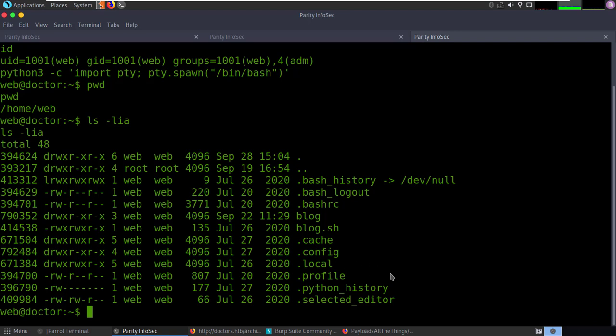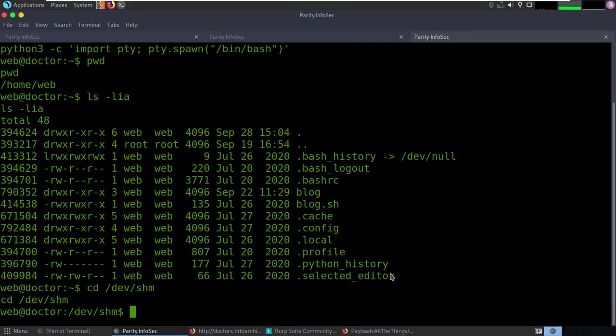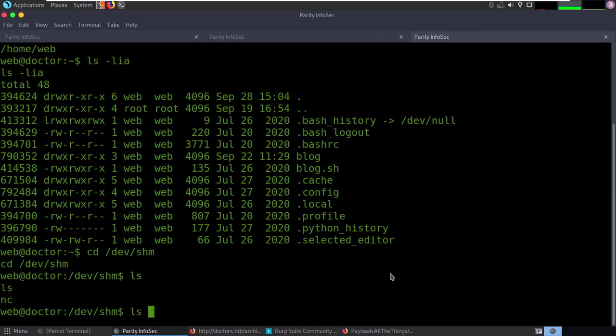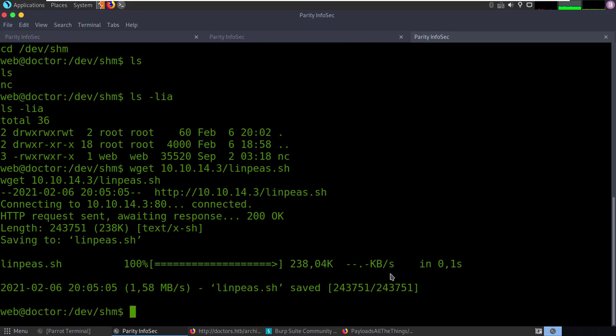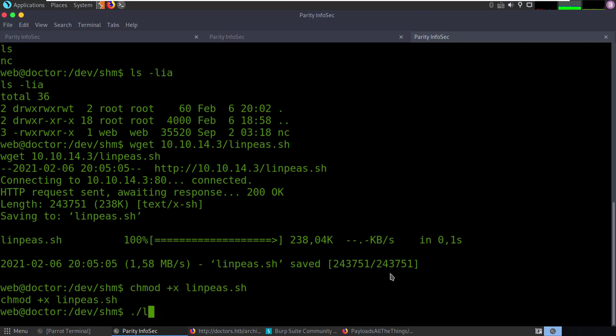So this is user 1, but we're going to need a second user. I'm just going to go straight over to /dev/shm. Now I can see I've got my nc, so I'm just going to do another wget, this time from 10.10.14.3. I'm going to pull over linpeas.sh. It pulls over successfully. Again, modify the permissions with chmod +x,